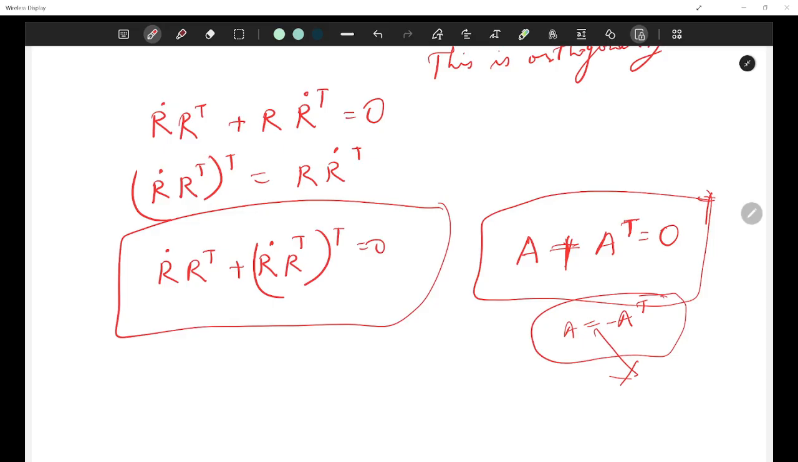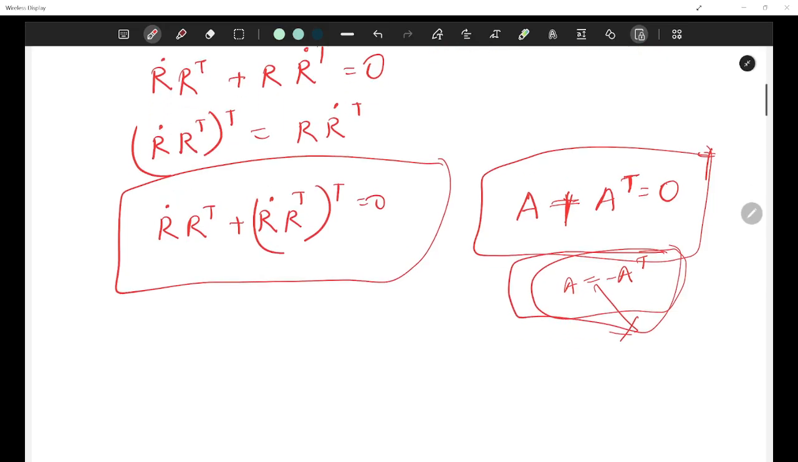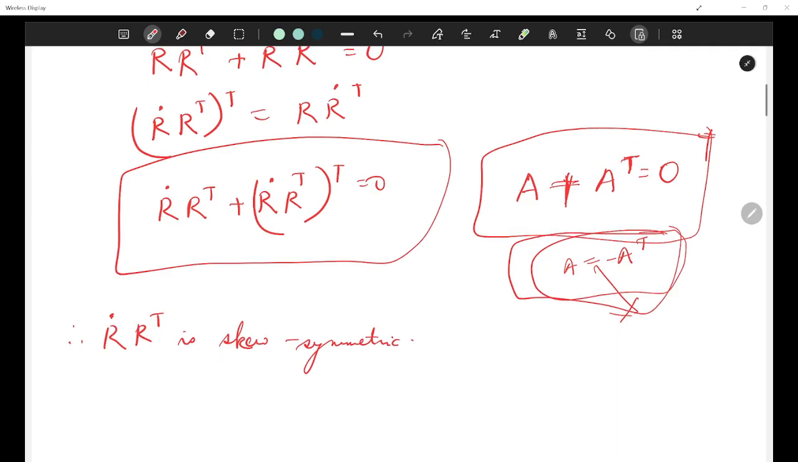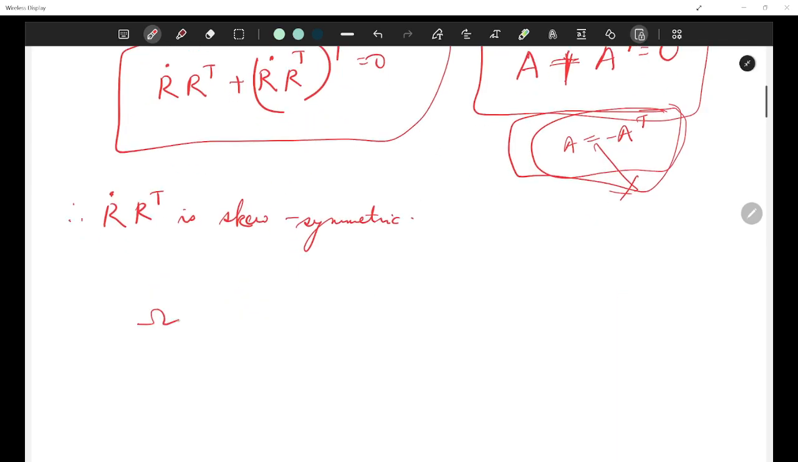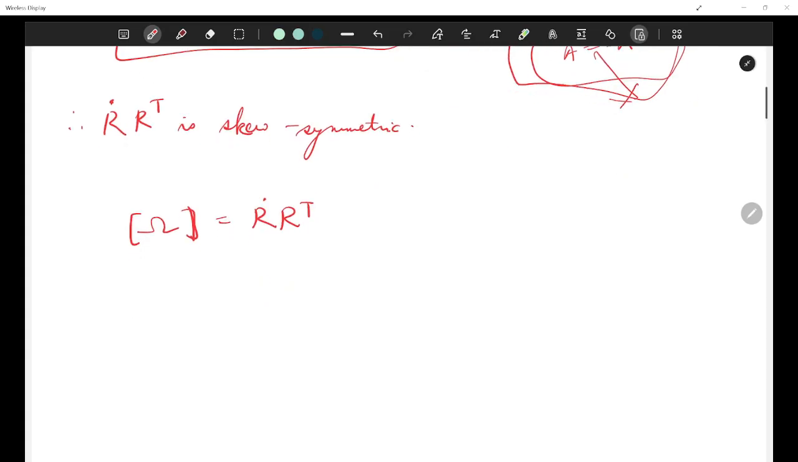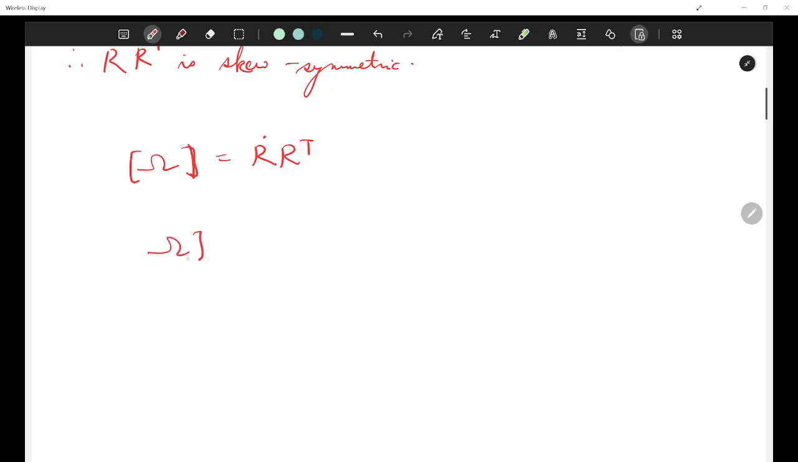So from here, if this property is observed for the matrix, we can say that R dot R transpose is skew symmetric. Alright. So let's denote it by some quantity which is omega. So omega is a matrix which comprises of R dot R transpose. And how is it written? Since it is a skew symmetric matrix, we can write it in the following way. Its diagonal elements would be 0, right? And here it would be minus omega x,